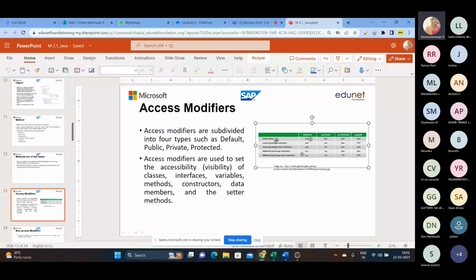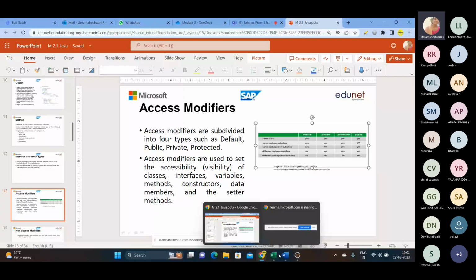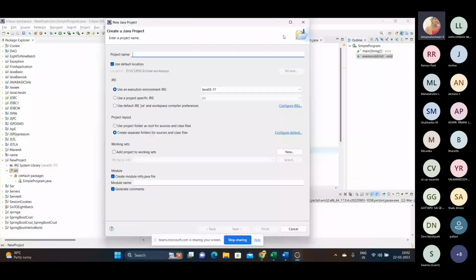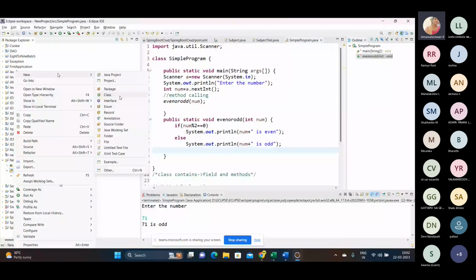I'll tell you what are packages and the class. We go here, so this is called a package. If I right click here and go to the class,